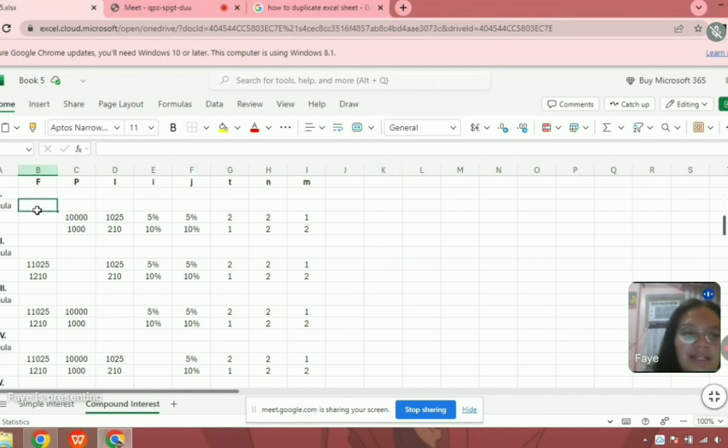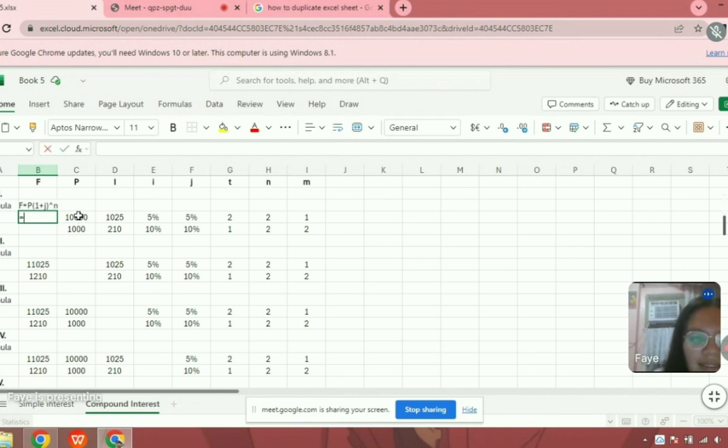So the formula for F is F equal to P quantity 1 plus j raised to n. I'll just use this since this is the same thing as P quantity 1 plus i over m raised to mt, since mt is n and i over m is j. So using the formula